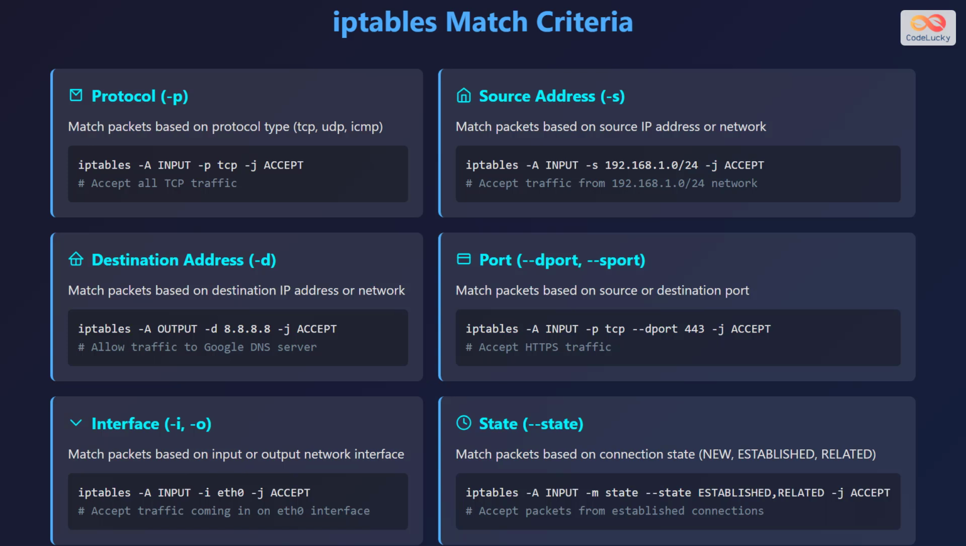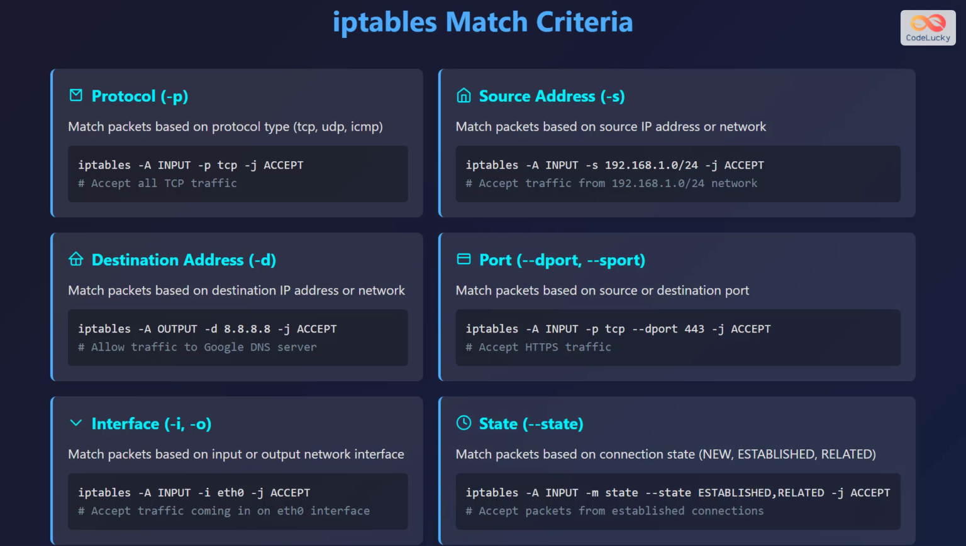server. Port, specified with --dport or --sport, matches packets based on source or destination port. For example, iptables -A INPUT -p tcp --dport 443 -j ACCEPT accepts HTTPS traffic. Interface, specified with -i or -o, matches packets based on input or output network interface. For example, iptables -A INPUT -i eth0 -j ACCEPT accepts traffic coming in on eth0